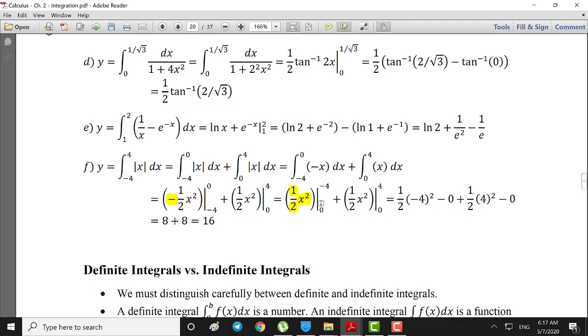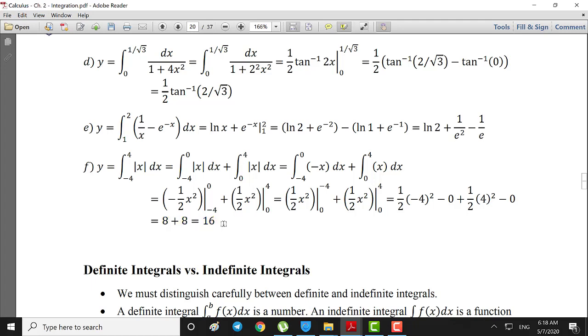So if we continue with the calculations, 1 over 2 x to the 2 evaluated at -4 and 0 is 1 over 2 times -4 to the 2 minus 0 to the 2, right? And for the second one, just like that, 1 over 2 times 4 to the 2 minus 0. So you're going to have 8 plus 8, and the result is equal to 16,